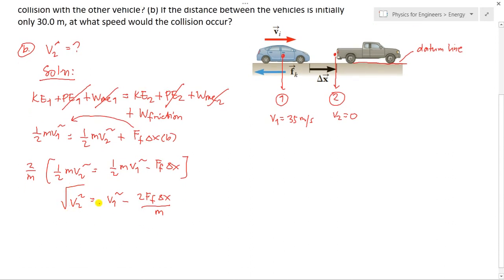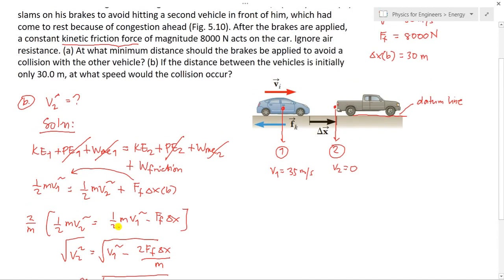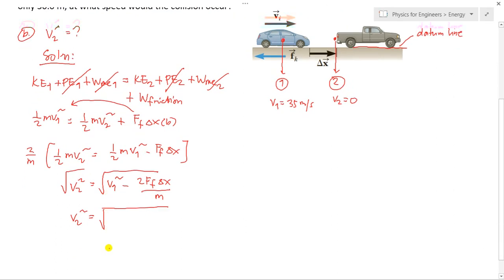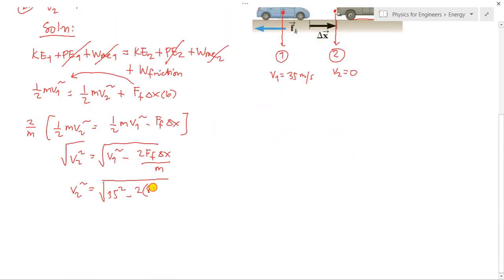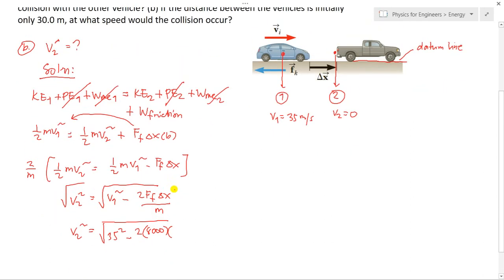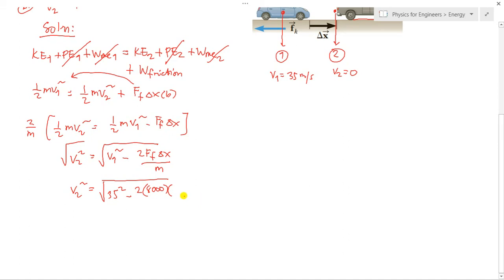Then taking the square root both sides, that would be v2 is equals to the square root of v1 squared. What is v1? That is 35 meters per second. That is 35 meters squared minus 2 times the frictional force is 8,000, and the displacement, the new displacement is 30, then divide by the mass of 1,000 kilogram. So v2 now is approximately equal to